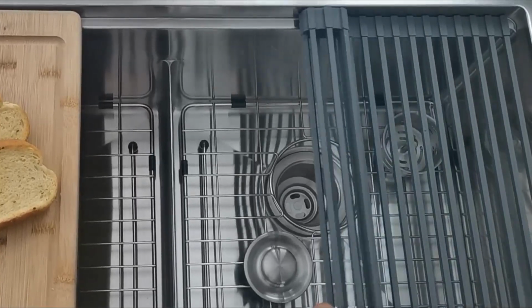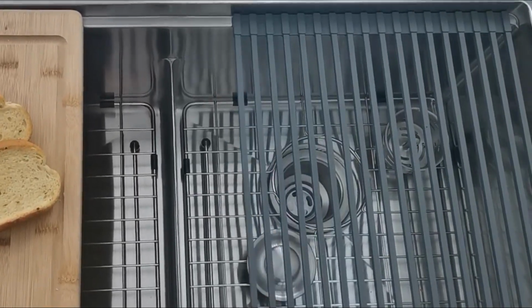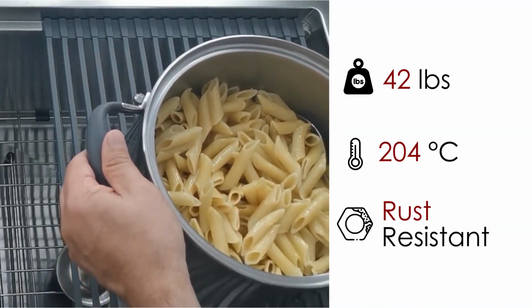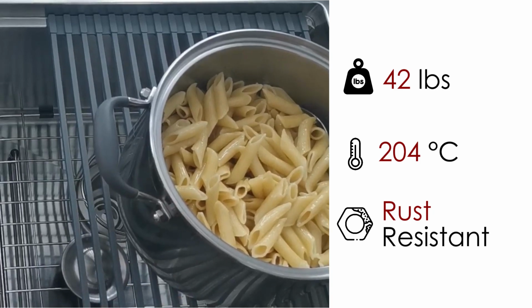Maximize your space with the Workstation Roll-Up Drying Rack A-902DG. Its heavy-duty construction supports up to 42 pounds. Heat-resistant and rust-resistant,